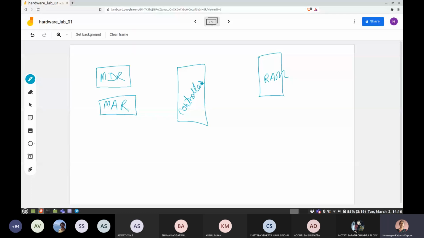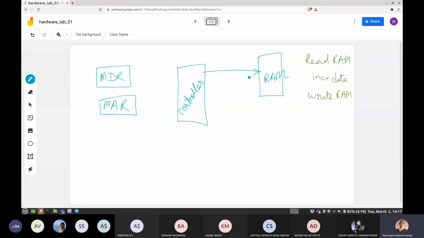So what should this controller do? Our today's task, I'll just make a list here. List of tasks to do: do a read of the RAM, then increment the data, and then do a write to the RAM. Simple. This is all we have to do. When you read from the RAM, the controller will send the read signal, so it will appropriately speak with the RAM.